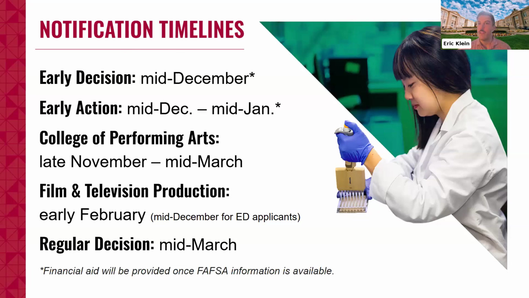We also have a bit of a rolling timeline for students interested in the programs that reside in the College of Performing Arts. So music, dance, theater, their initial piece of their process, once they've submitted their creative supplement and their application, those students who our faculty want to see more of will be invited to come to campus for an in-person audition. Because of that piece and that invitation, those invitations are going out throughout the fall. So students could begin receiving that invitation as early as late November, all the way through mid-March.